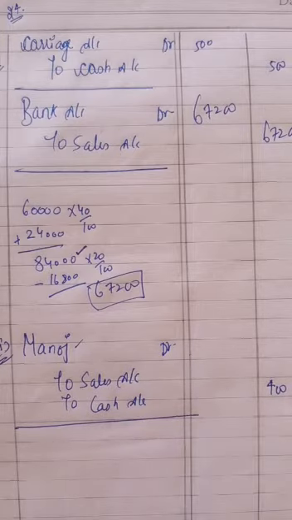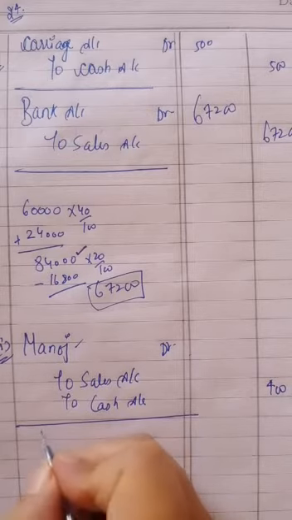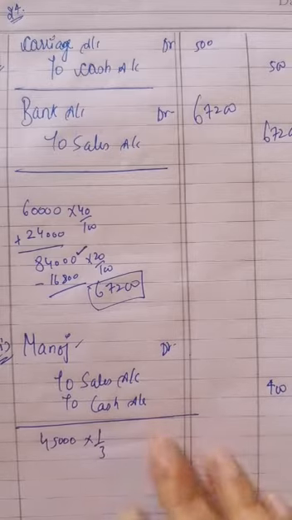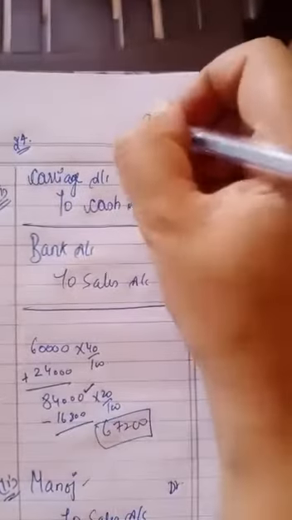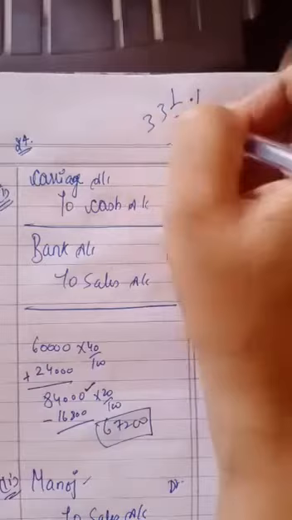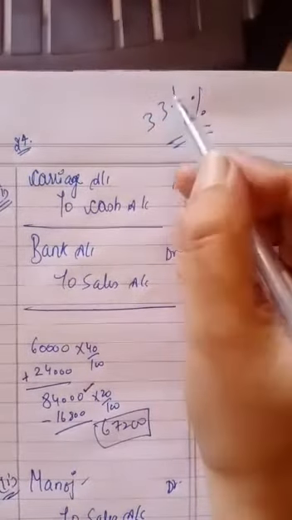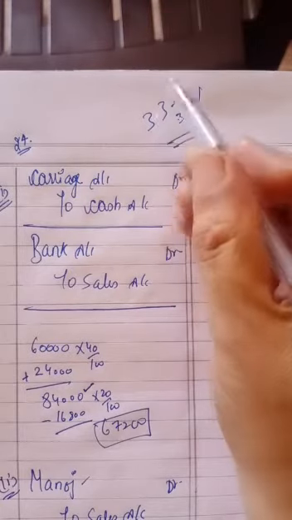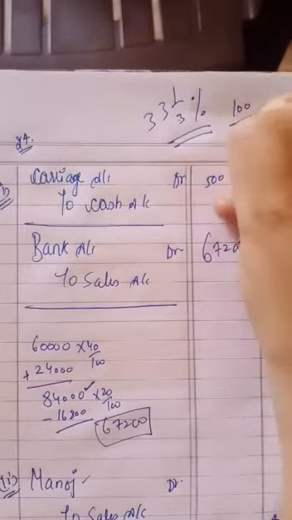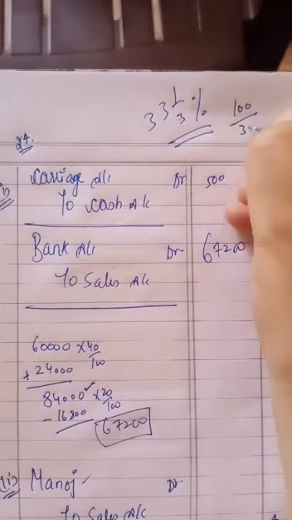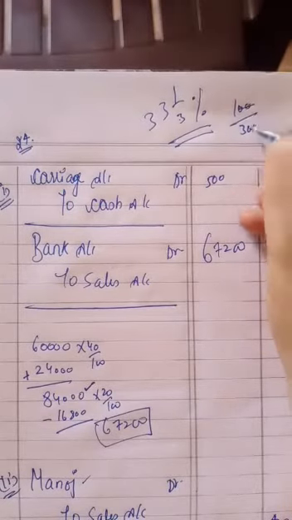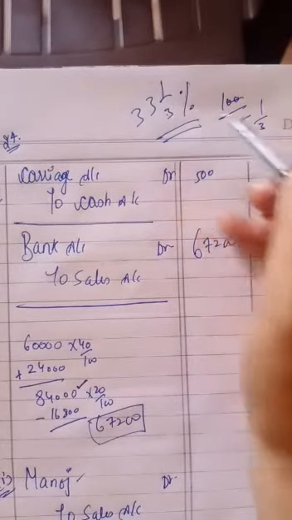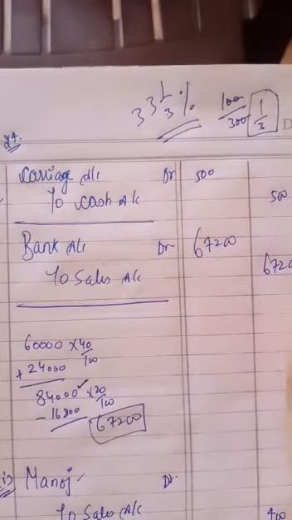Now we have to find out the sale amount. Goods costing 45,000, sold at a profit of 1/3. Now what is the meaning of 33 and 1/3%? It will always disturb you for the whole year. 33 and 1/3%. 3 into 33, 99 plus 1, 100 upon 3 and 100 of percentage. So it will always be equal to 1/3. Getting my point, bache? 33 and 1/3% is always equal to 1/3.